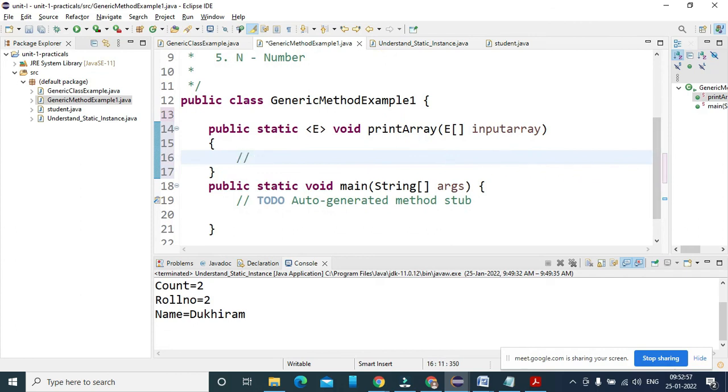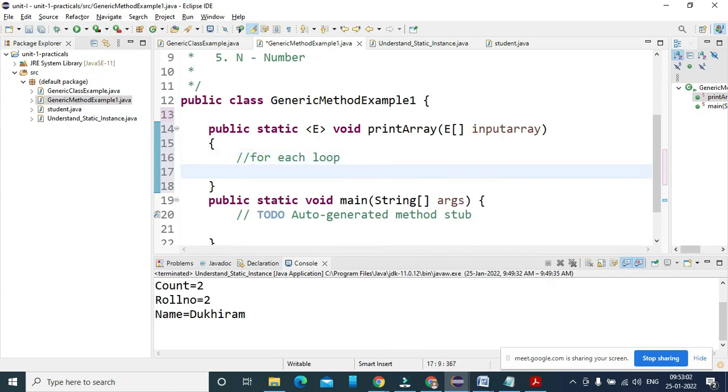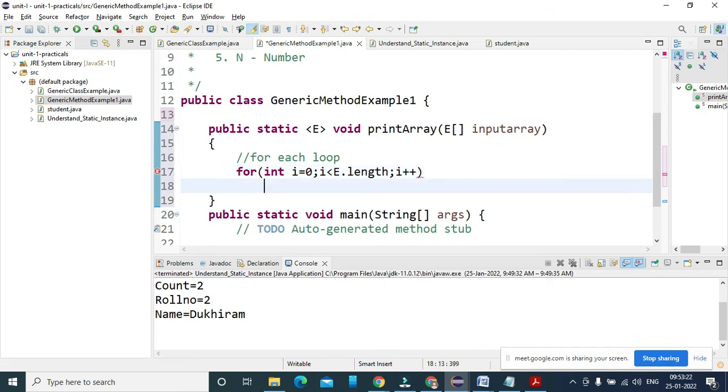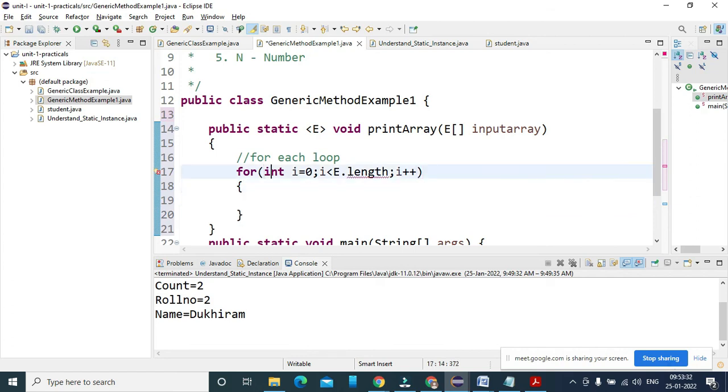So, the use of for each. For loops in Java, you people use by simply writing for, or you are allowed to use int i equal to 0, i less than e.length, and i plus plus here. This you can use for printing an array. So what is length here? Length is the size of an array.